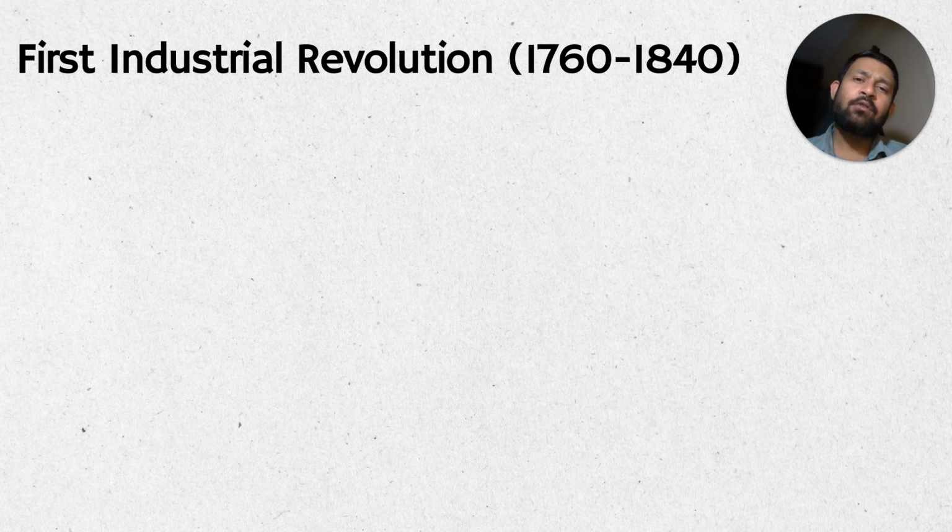The first industrial revolution started in the 1760s, and it basically happened in that period from 1760 to 1840. Now, what happened in the first industrial revolution? Why is it called the first industrial revolution? Before the first industrial revolution, things were being made by hand, and manufacturing was not the game at all. Most of the industries were based on agriculture or cotton, textiles, which were hand woven garments and all